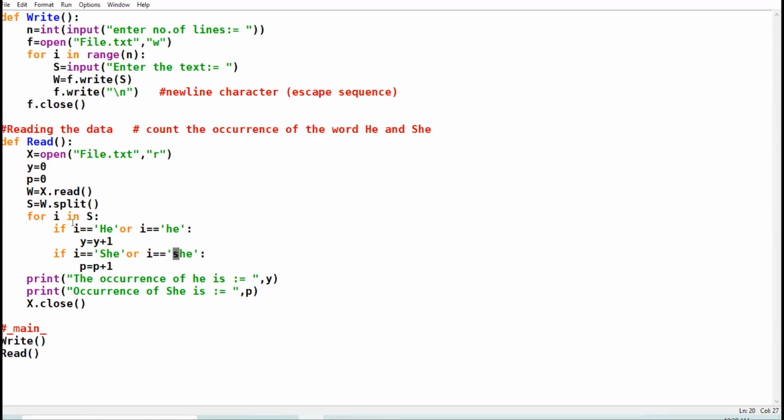Now, next case in word by word: display all the words which have exactly 3 characters.